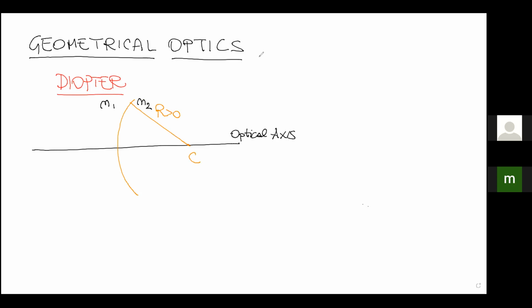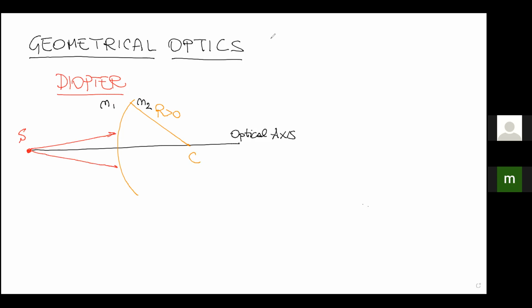We said that if we consider a light source that is emitting spherical waves, and therefore in the view of geometrical optics is emitting optical rays,